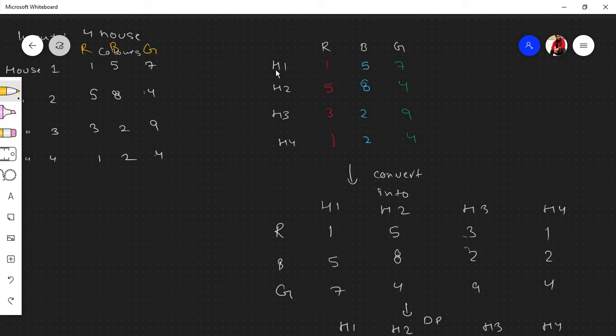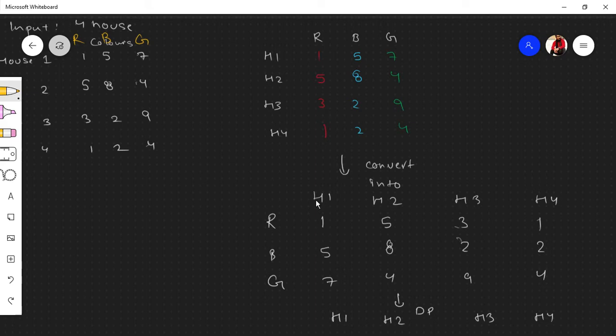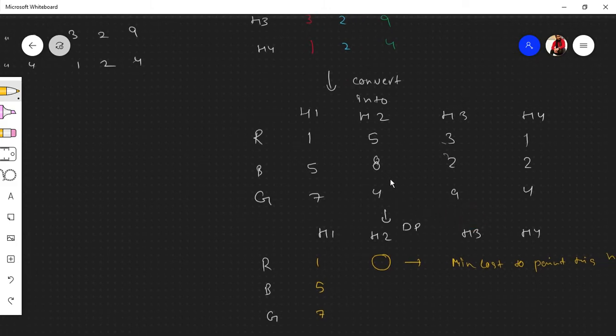Earlier we had houses and all the prices to color them R, blue, and green, but now we have switched rows and columns. So now we have houses and all the costs to color them. Just remember, what we need to find is the minimum cost to color all the houses so that we do not clash. And what we'll do in our DP,